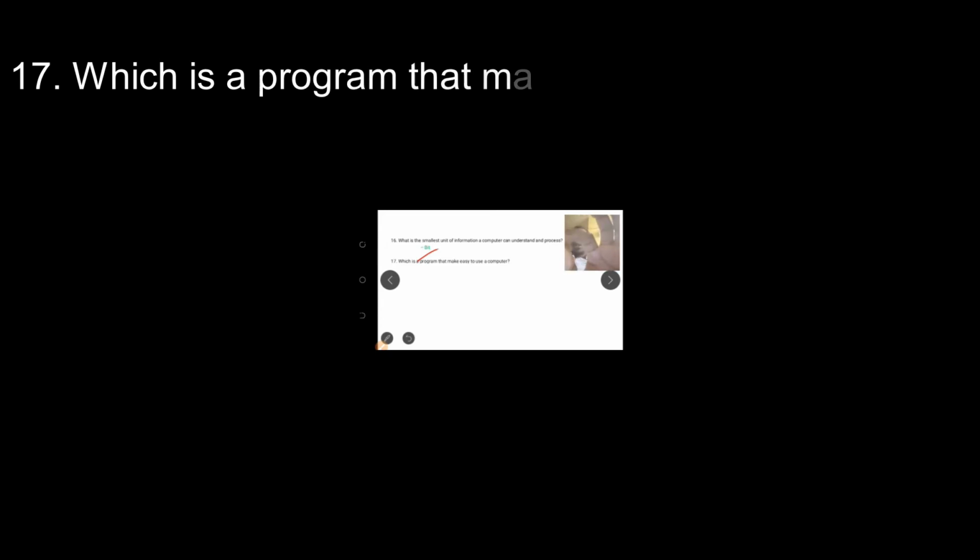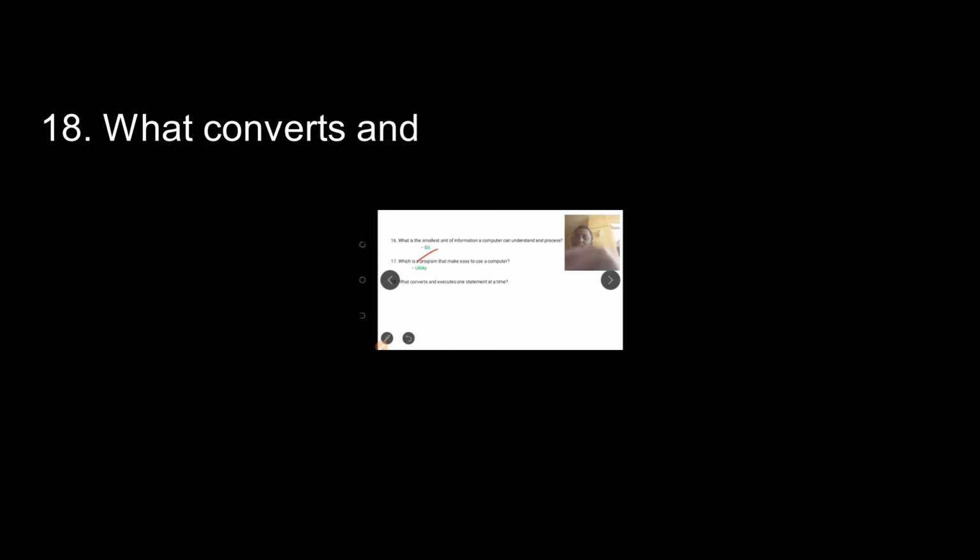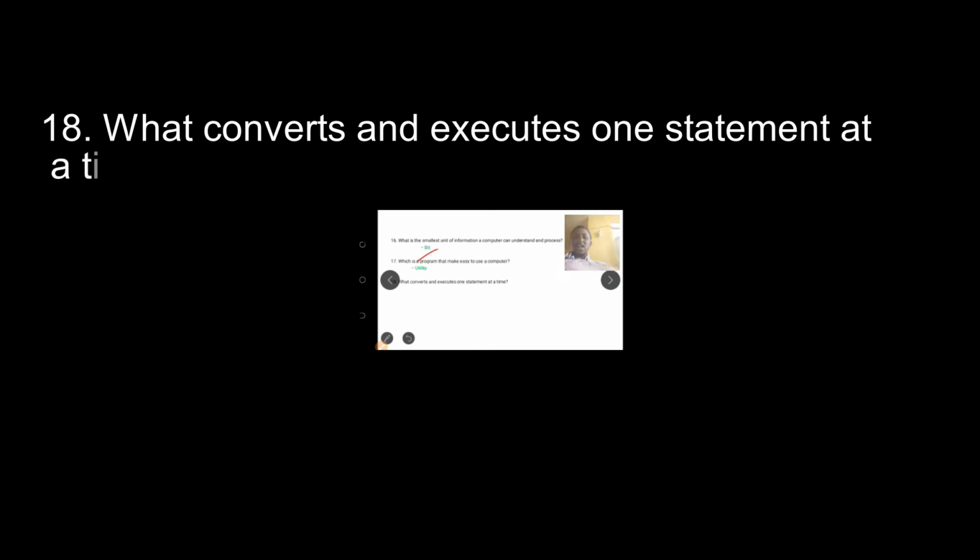easy to a computer? Easy to a computer, this is a program and easy to a computer. What is it? utility የምንላቸው ናቸው ማለት ነው። What converts and executes one statement at a time? This is called interpreter እንለዋለን ማለት ነው።